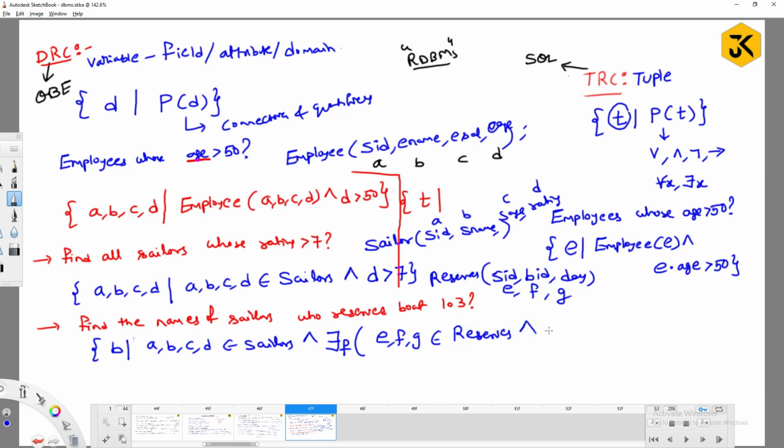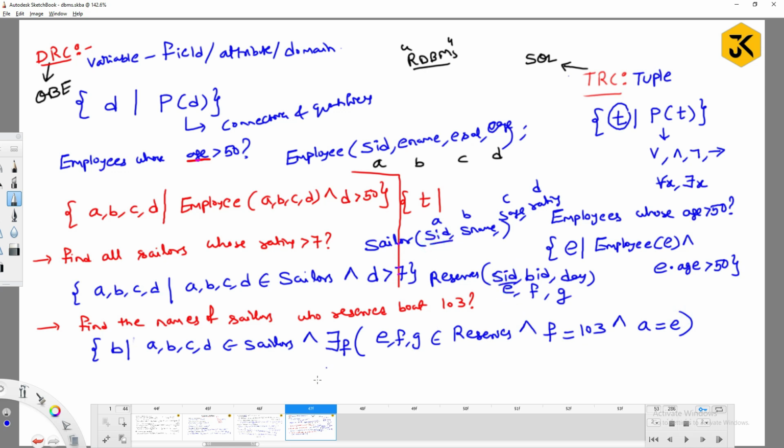And what is the criteria you have to follow? F equal to 103. We are trying to expect names. If you would like to get names, we have to combine these two tables. How are we going to write? A equal to E, right?